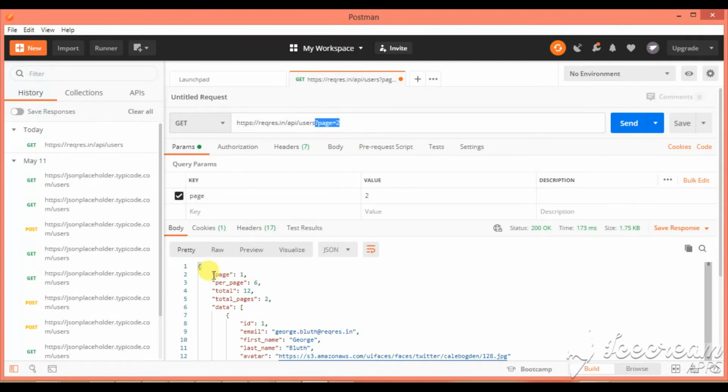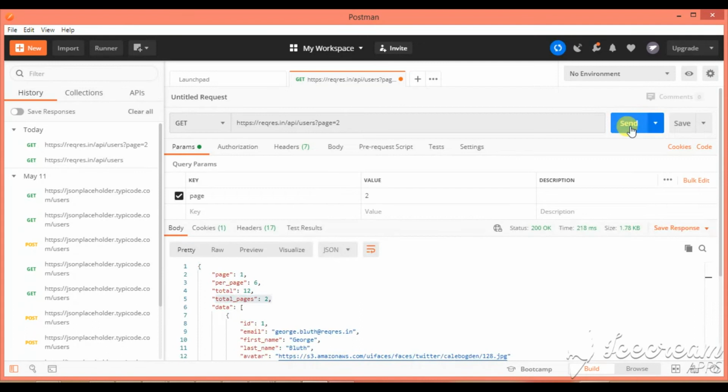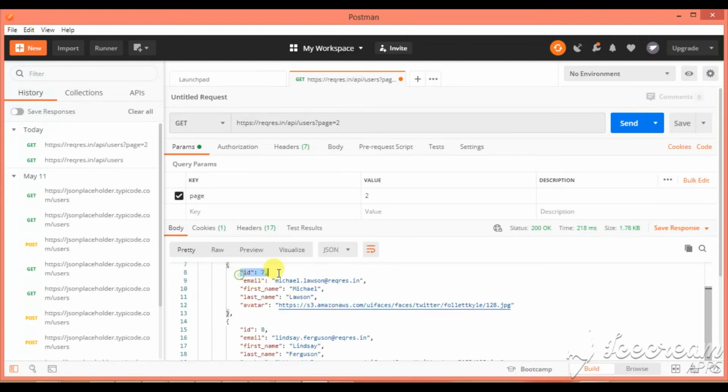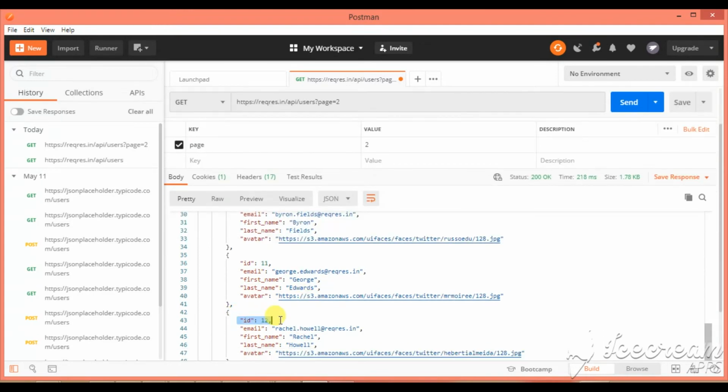You can see the page number is 1 till now and we have total pages 2, so I am going for the next page. Once I click on this, you will see page 2, the data has changed, page 2, per page 6 and total page 2. Now you can see the ID starts with 7 and goes on till ID 12.